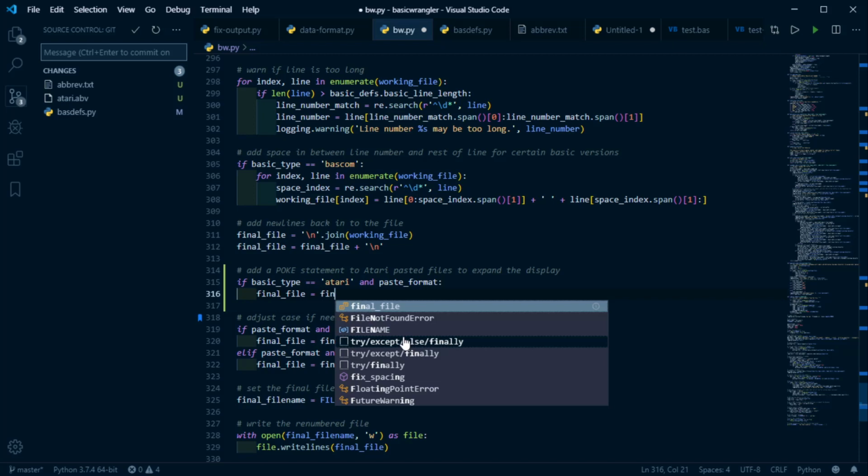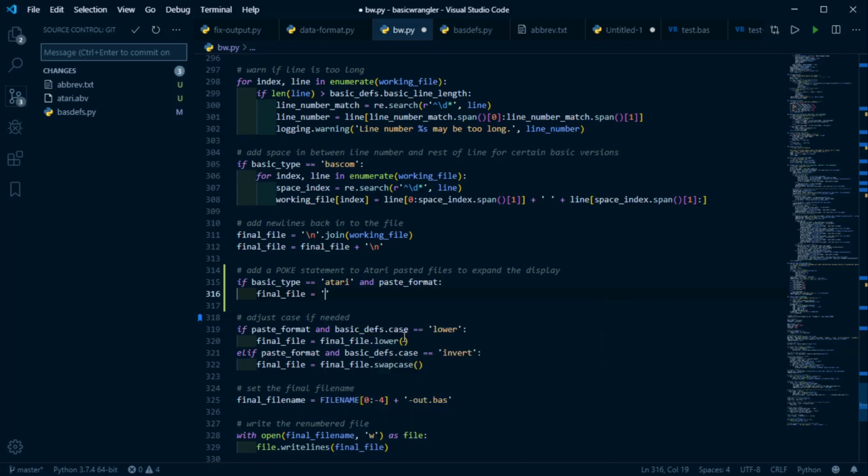Final file equals. Actually, say poke 82 0 new line plus final file. Okay, so yeah, that right, because with Atari basic, Atari normally is only 38 columns, but